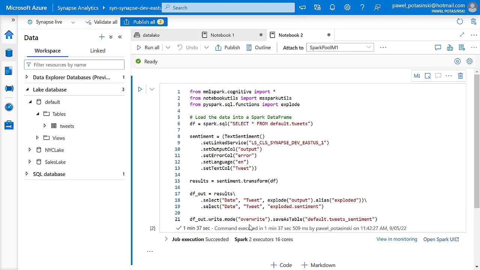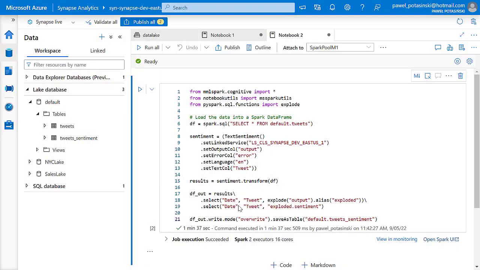And when the execution is completed, I check for the new table in my Lake database. I can see that my Tweets sentiment table is created and ready to use. Awesome. That looks so easy. In fact, I think I only saw you write one line of code. So, how can we load this enriched data into Power BI Datamart? Let me show you how by connecting Power BI Datamart to Azure Synapse to consume the result of our sentiment